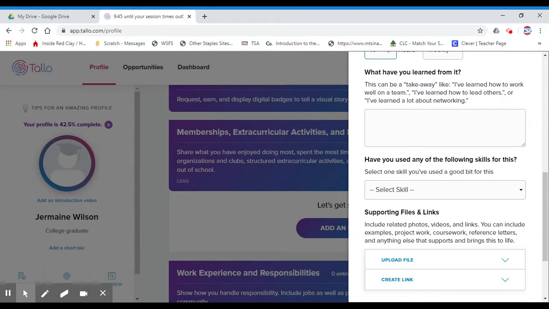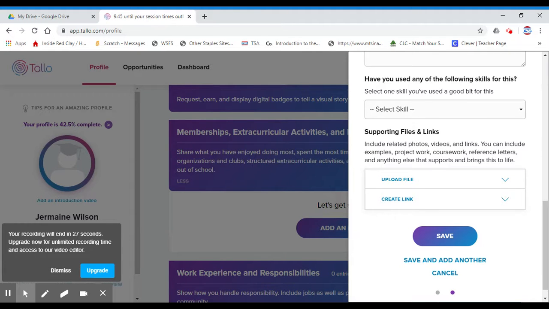What have I learned from it? This is very important. This should be a good paragraph, okay? What have you learned? Because it's not just enough to do something, but what did you learn from it? All right? And have you used any of the following skills for this? All right. And so then what you'll do is, okay, what skills have you used? Okay. Problem solving. All right. And then once you have finished everything for this one, you can either upload a file, so you can upload a certificate,